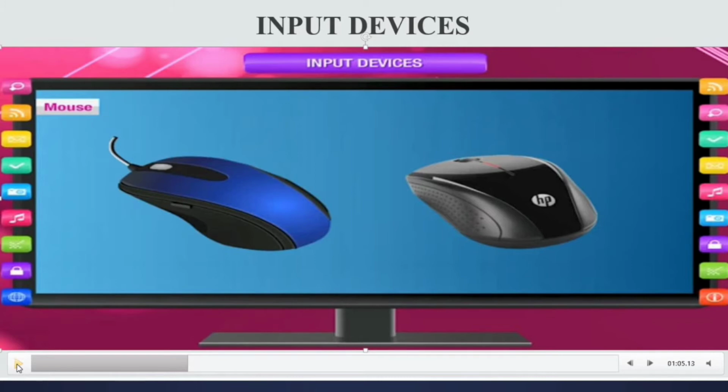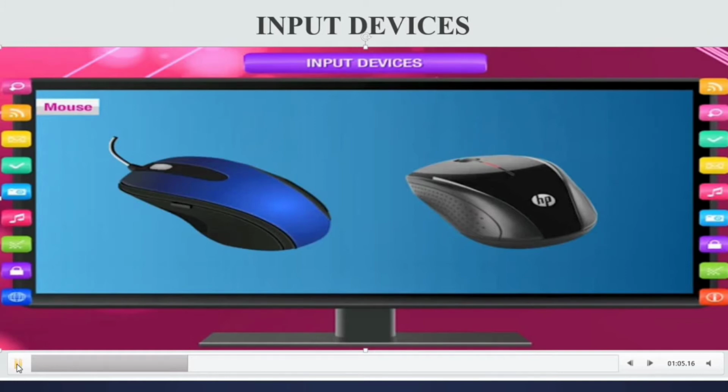The mouse is also called a pointing device because the arrow cursor, called the mouse pointer, moves on the computer screen. It is also an input device and helps us select options. If we want to open the file menu, the insert menu, Paint or WordPad, which device do we use? A mouse.